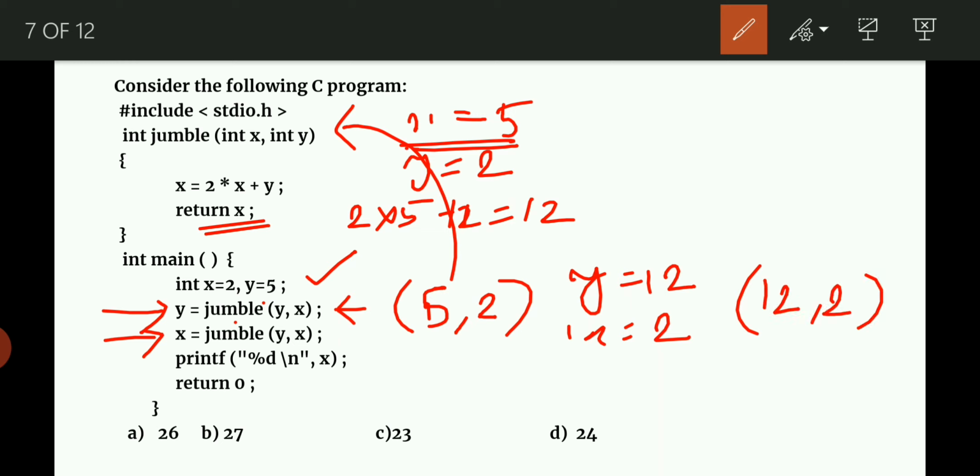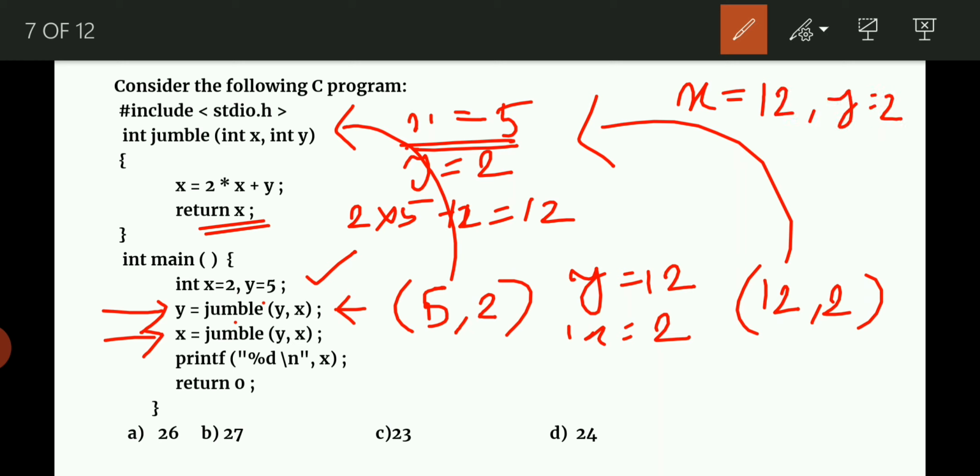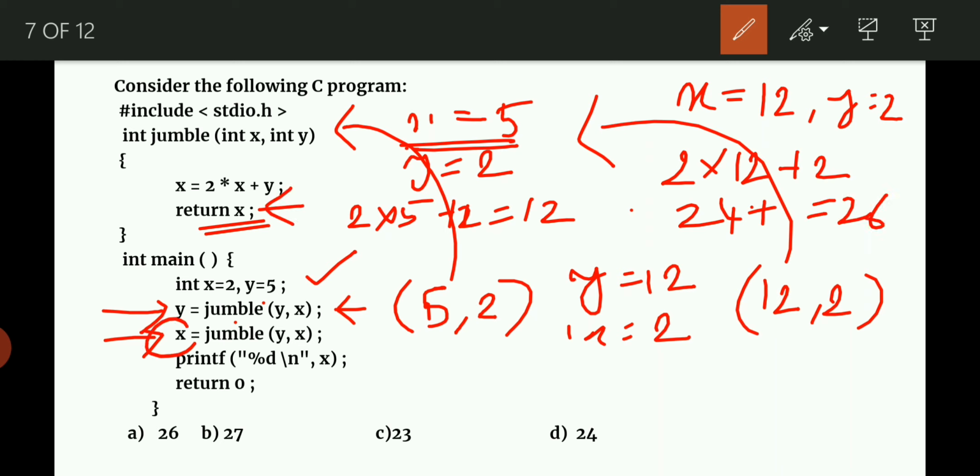So x will get the value 12 and y will get the value 2. It will calculate 2 into 12 plus 2, that is 24 plus 2, which is 26. That 26 will be returned and stored in x. Now x equals 26 in main.